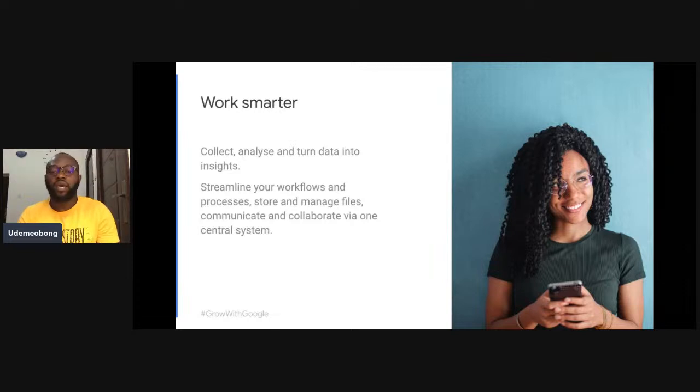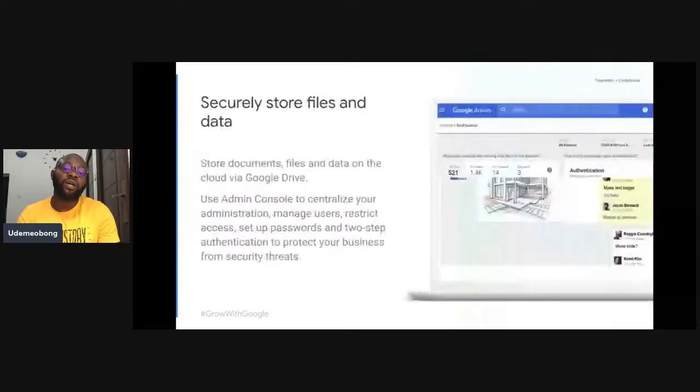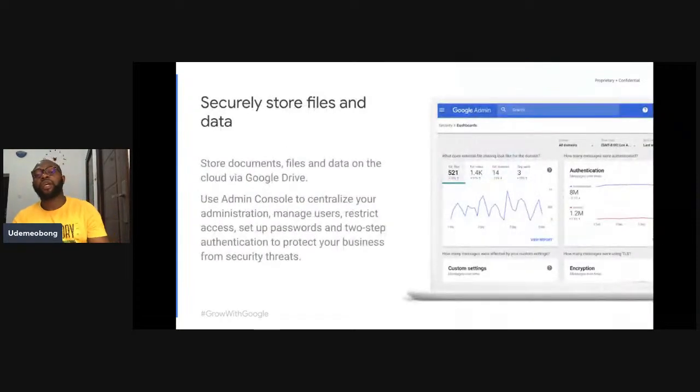Okay, so the AI helps everyone to work with data and to turn those data into insights. And then you are highly secured. Your files and your data are highly secured. So you can use the admin console to centralize everything around the administration. You can also use integrated cloud features to manage the users. So you can restrict who is an admin, who is a super admin, who is just a regular user in your organization. And then you can protect your organization's security with best practices recommendations, to always recommend to you what is good, what is not good. And then you identify and prevent threats. With all of that,